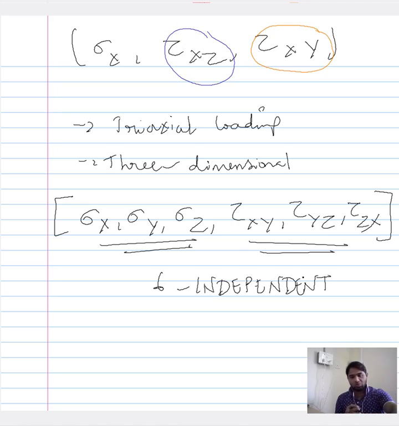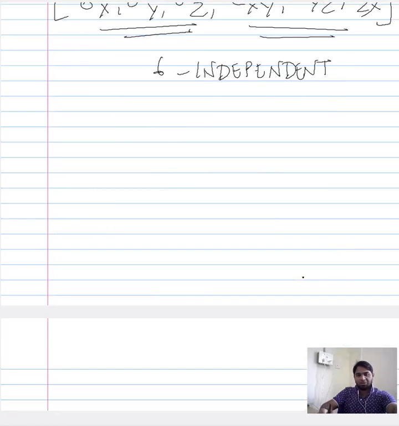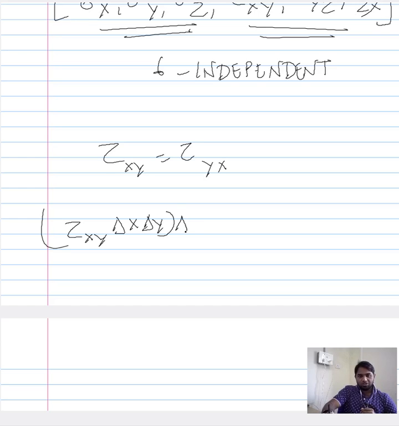Now, there is also another way to ensure this equivalency, that is, another way to ensure that these 2 shear stresses are equal. It assumes that the dimension of the point is small and therefore the moment of force is small. So when you have a point and the moment of force is small, you can write something like this for a 3-dimensional element. If you want to write the moment of force,